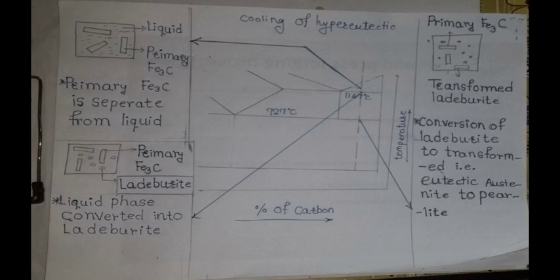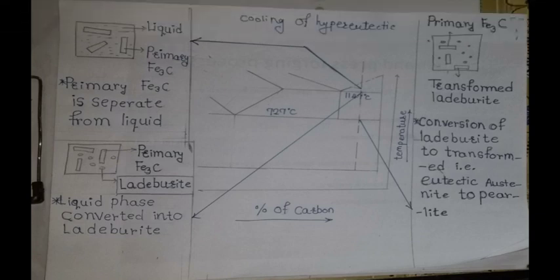This is the cooling of the hypereutectic white cast iron from above the liquidus line. There is a liquid phase, and from this point to this point there is a reaction. In this reaction, primary cementite separates from the liquid, and primary cementite is represented as